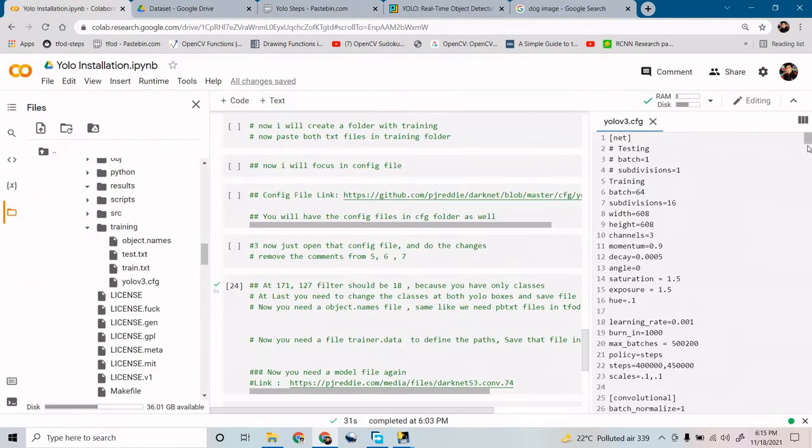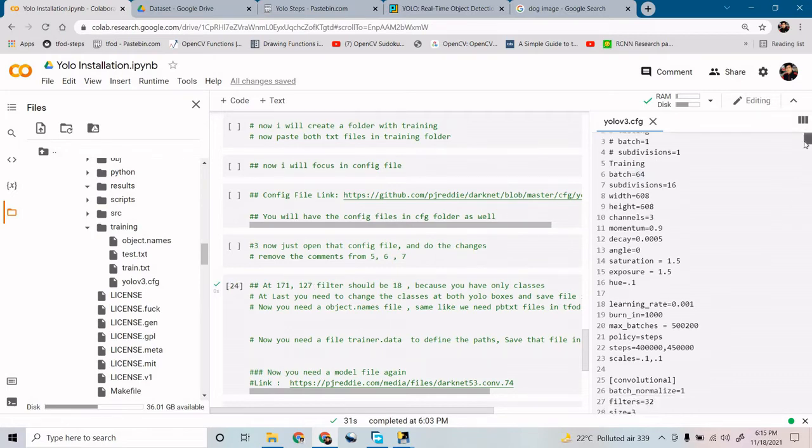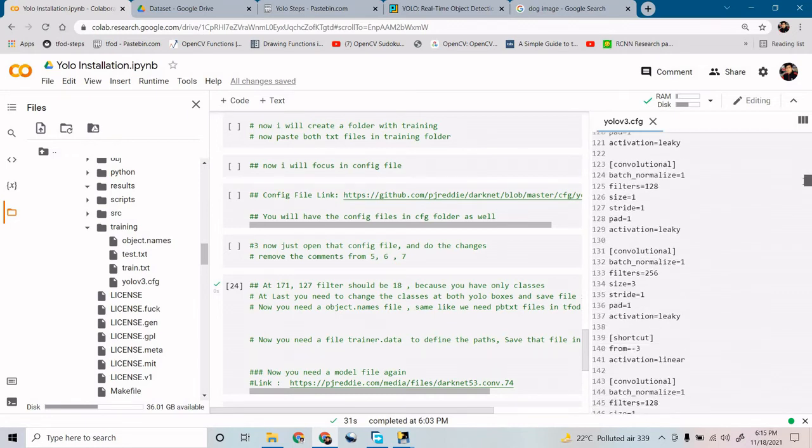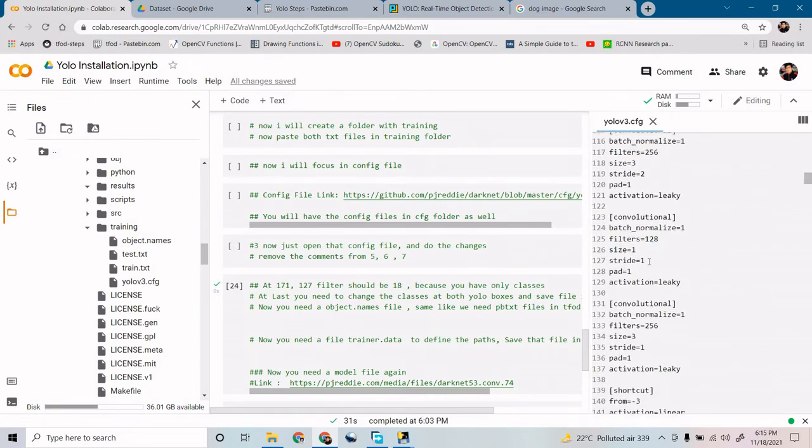Now what you need to do at line 127, first of all. 127 is the filter size. The filter size is 125, so I will change it to 18.